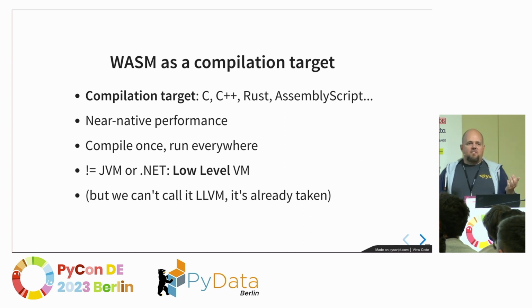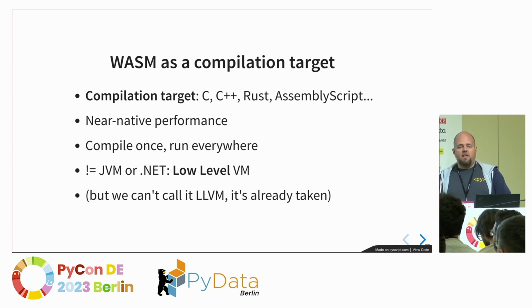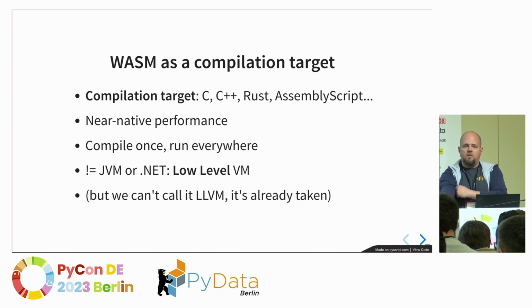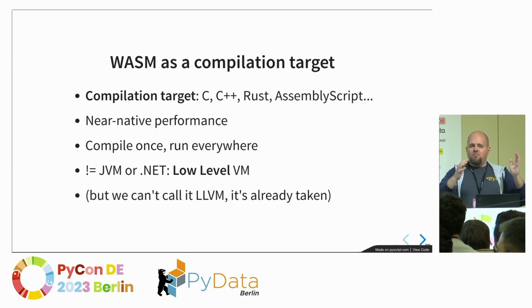And if you think about it, this is kind of the same promise that Java made 20 years ago: compile once, run everywhere. But the big difference between Java and WebAssembly, like the JVM and WebAssembly, is that WebAssembly is a low-level virtual machine. It talks about pointers and integers and floating points. It doesn't have any notion of objects or interfaces or things like this. And this is a good target for C. That's why you can take a lot of legacy code and compile it to WebAssembly, and with enough effort, it works. So it's a low-level virtual machine, which would be nice to call LLVM.